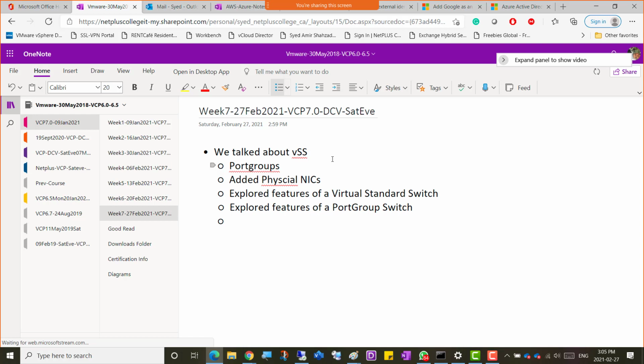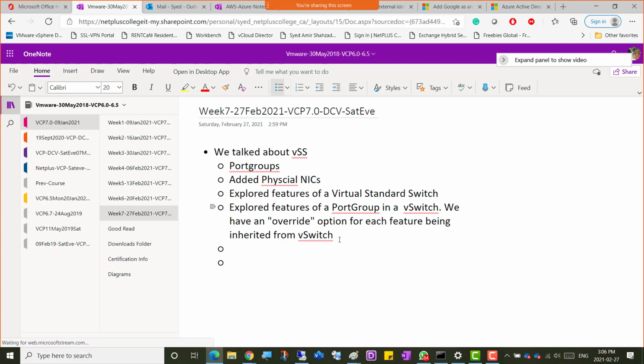So for our typical port group, what are the features of a port group in a vSwitch, we can say? Normally, we have an override option for each feature being inherited from the vSwitch. So we've gone through all that, but what we did not do was